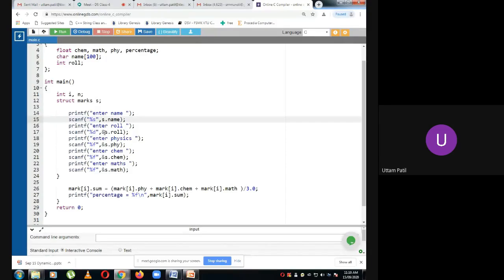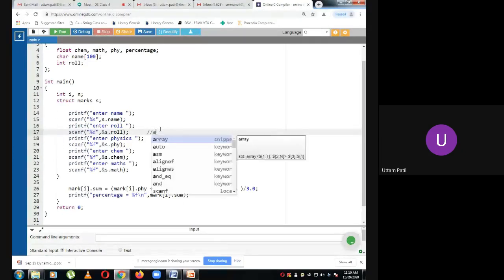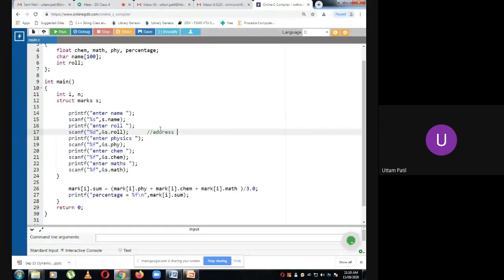In yesterday's pointers class, I explained why we have to use this address operator. Ampersand is nothing but the address-of operator. So the address of S dot roll is what we write, but name is already an address because it is the name of the array.